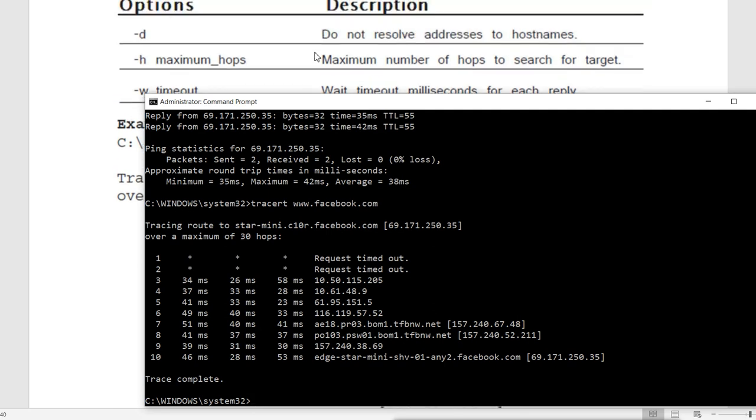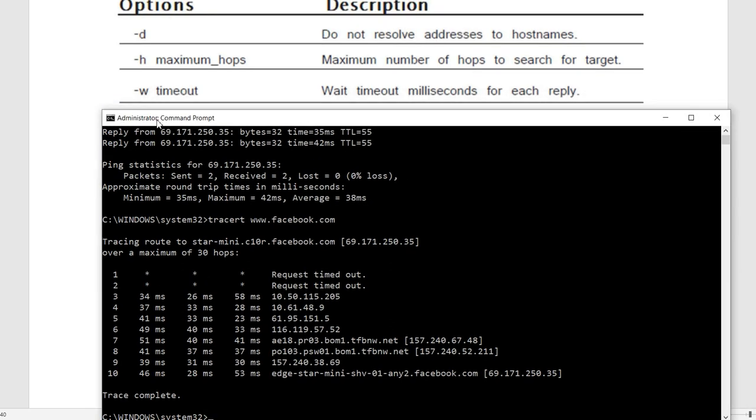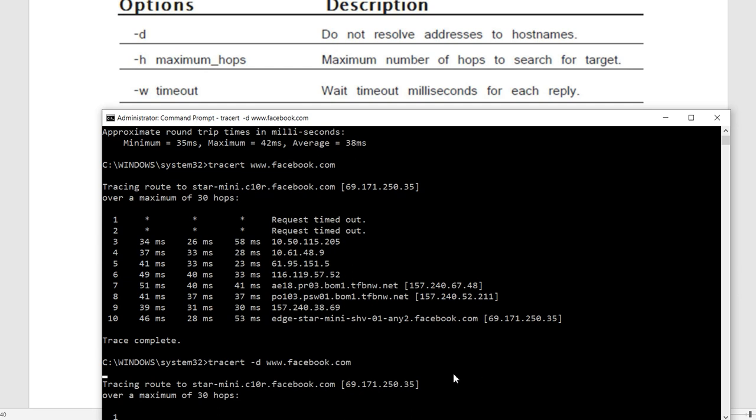And we can change these options also, like -d. This will say do not resolve the address to hostname. As you can see here, it is trying to resolve the name here with the IP address. By doing this, sometimes it will take some more time. So if you want to do it quickly, then you should ignore the names. You just want to get the IP addresses. So it will not try to resolve the name. It will directly show you the IP address, and it will go and do the traceroute. And it will sometimes do it quickly. So with the d option, it will not try to resolve it.